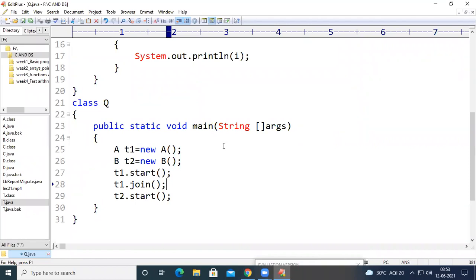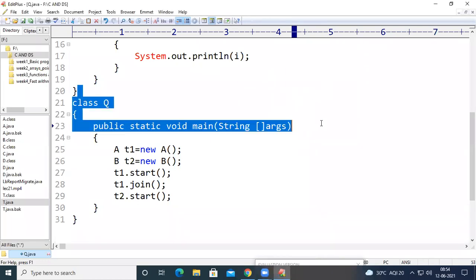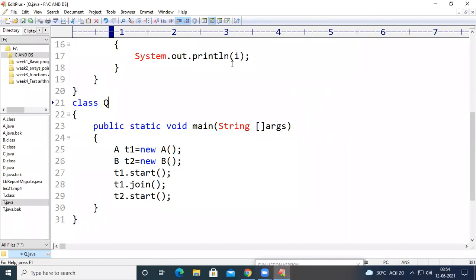As we said in yesterday's class, if you want to handle an exception, first we need to identify that exception, and then we need to handle that exception.